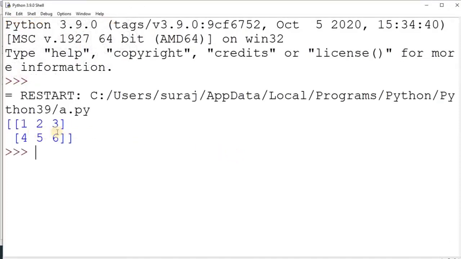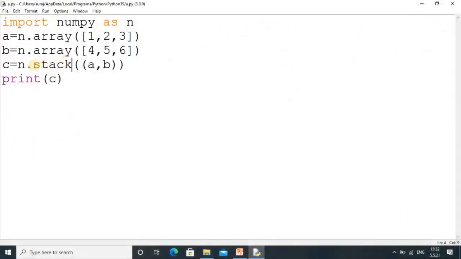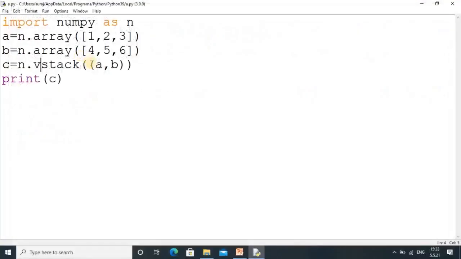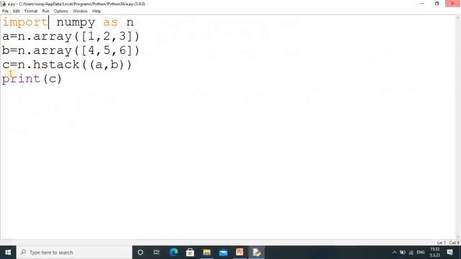It also does the joining like this, and you can also use hstack and vstack. If it is vertical, it will show the values vertically, like 1 2 3 4 5 6. You can also use hstack,